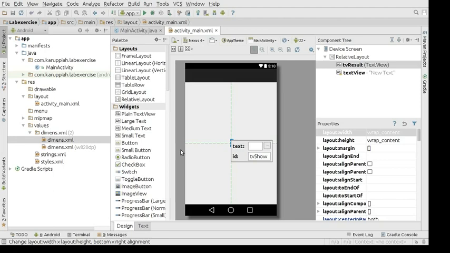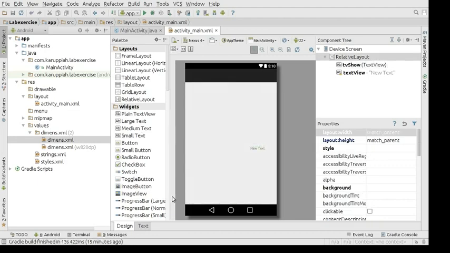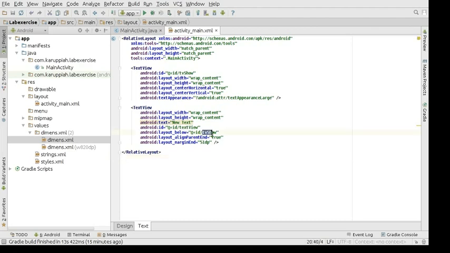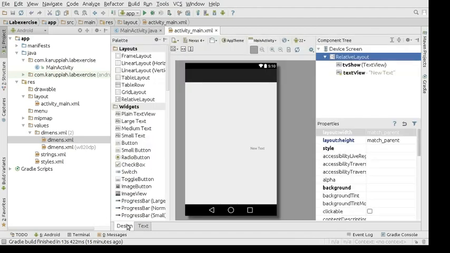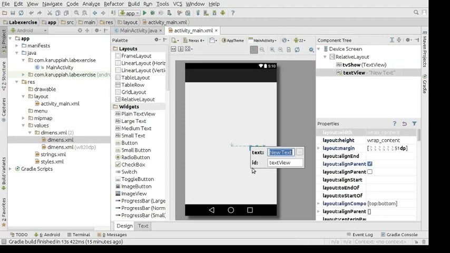So you're basically finding and replacing all the references of TV result with TV show. You just say don't ask again during this session, and this will update all XML references and Java field references. And if you go and see now, this TV show has been updated over here and over here. So I would recommend not manually typing in all this. It's better to double click and do it that way.